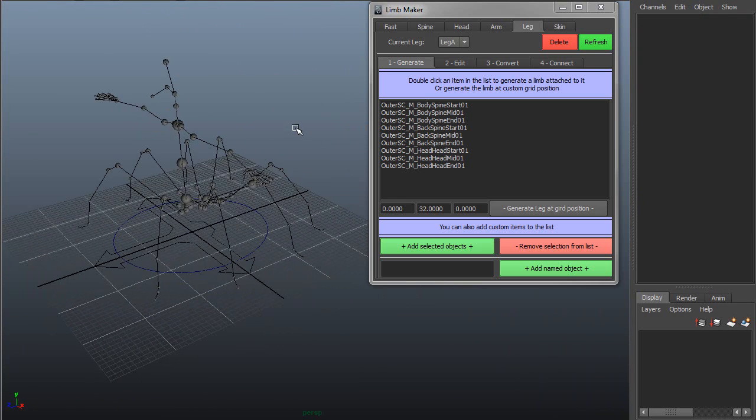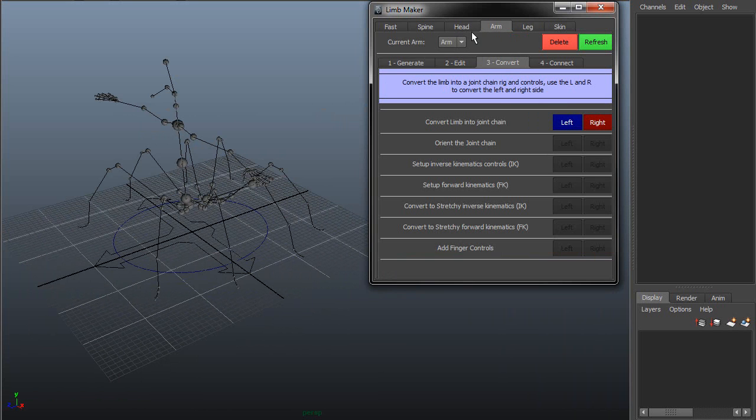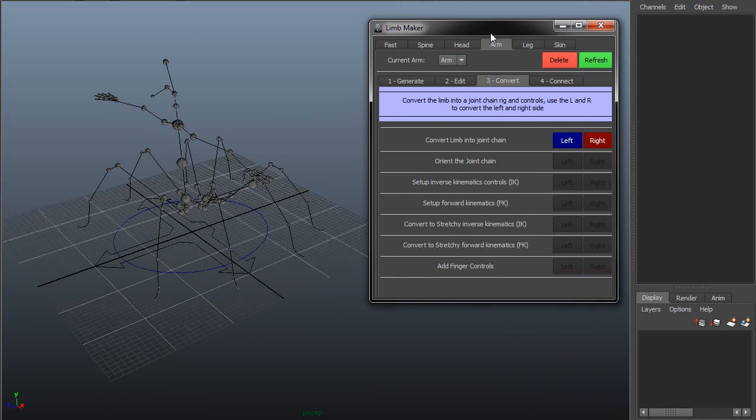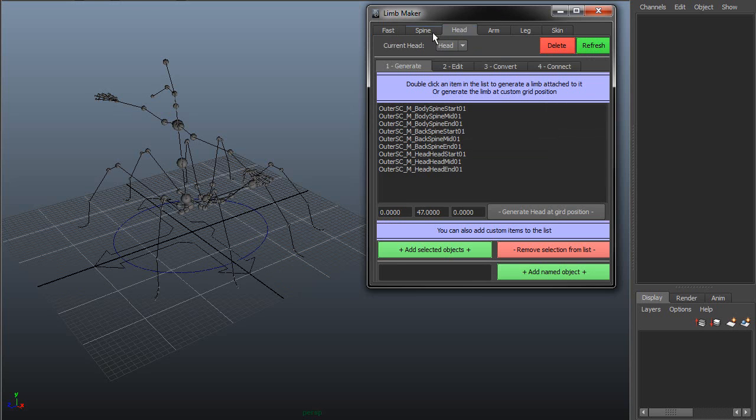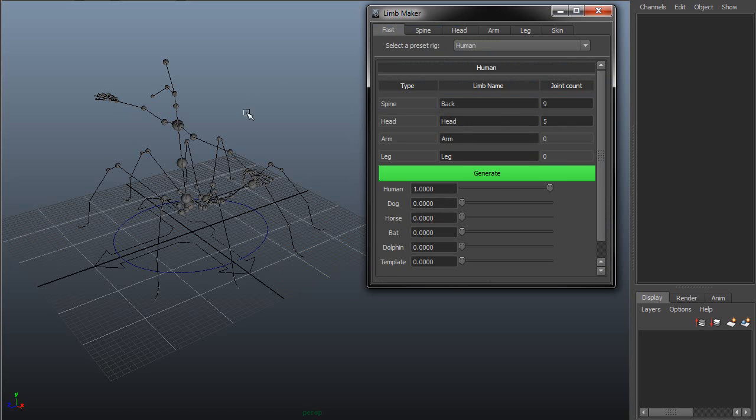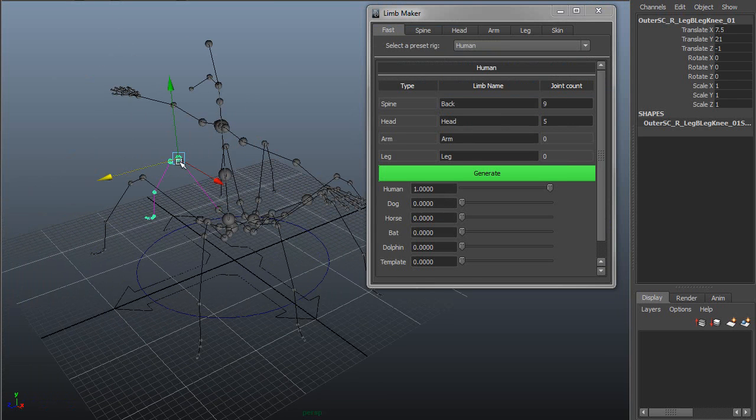And now, as you can see in other videos, all we're going to do here is go to the legs, convert these, the arms, the head, convert them, attach them, and skin this. And this is just a way that we can use the fast tab to create presets, but that preset doesn't limit the user to, if it's a human rig, if it's a centaur, it's a centaur rig. We can still go in, use these separate tabs, add limbs, remove limbs. For instance, I could remove